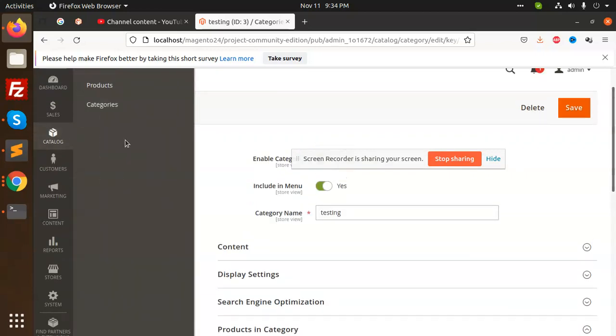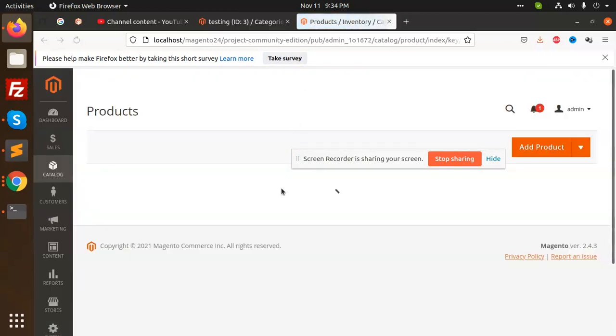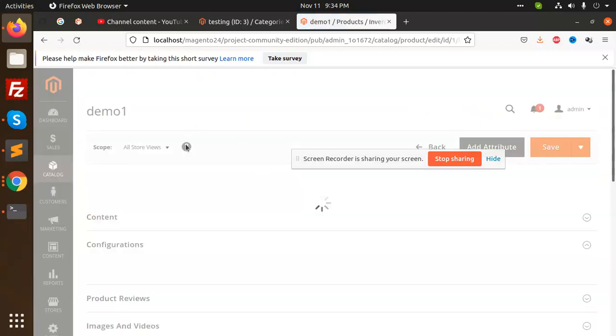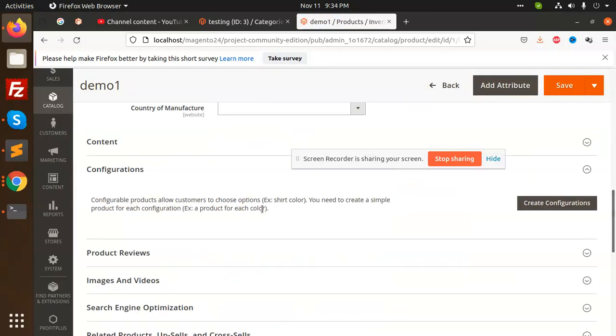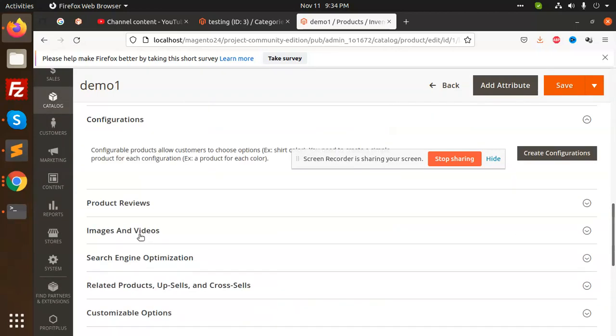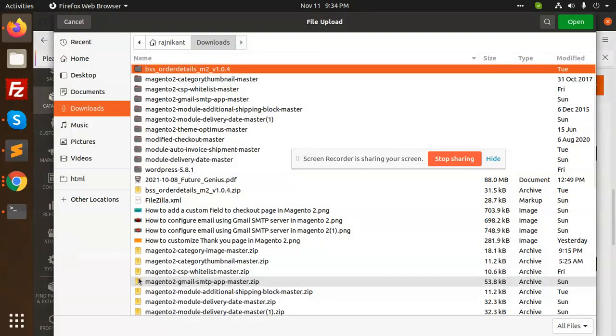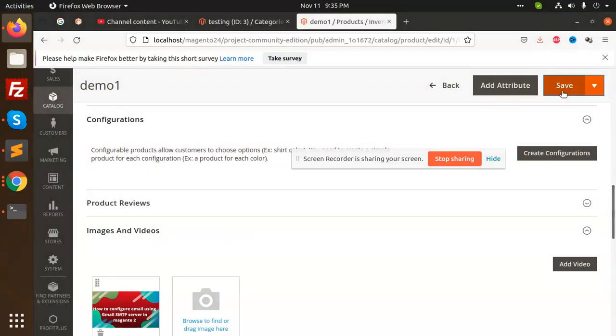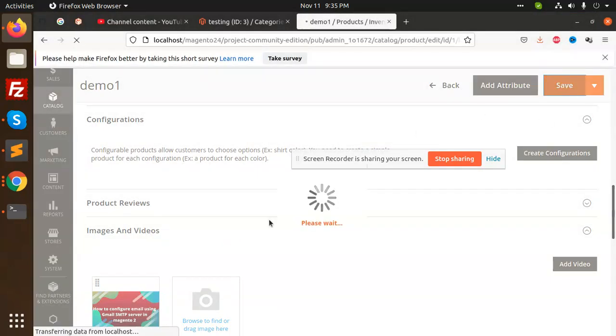So let's go to the products. I'm adding this image over here. Images, pictures, you can add them over here. I'm saving this picture.